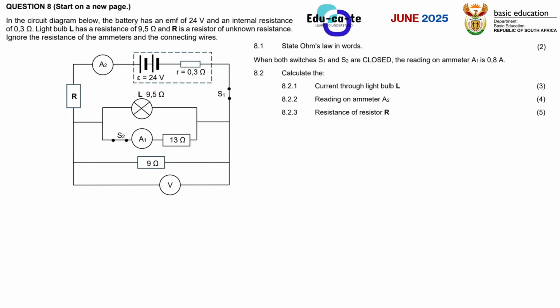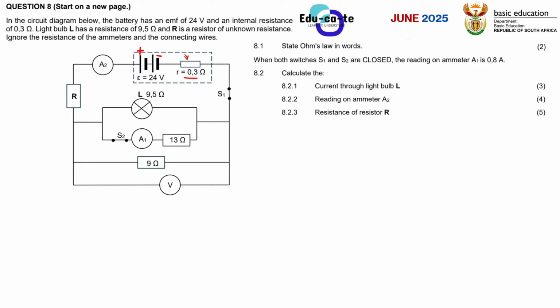So now, let's do an analysis on our circuit before we start with the questions. Remember that in a circuit, we start with a battery here. In this case, the battery is made up of cells. This is the positive terminal. This is the negative terminal. And then this resistor that is found in this dotted box-like shape is known as the internal resistor. So this value with small letter r, which is 0.3 ohms, is the internal resistance. Then the EMF of the battery, or the maximum voltage of the battery, is 24 volts.